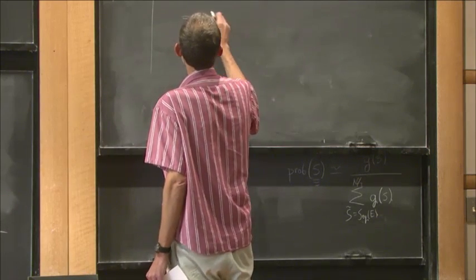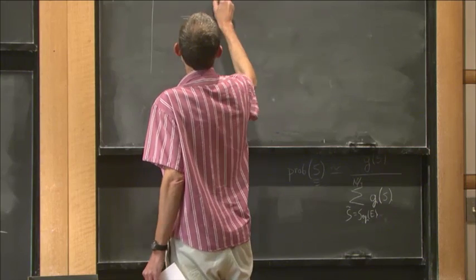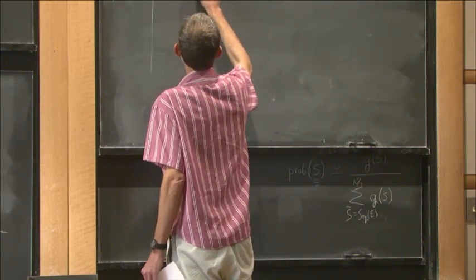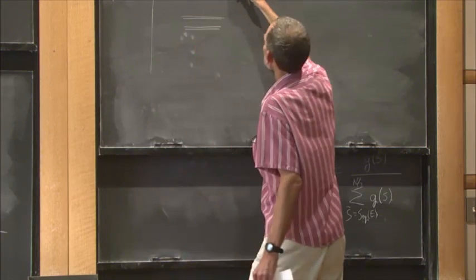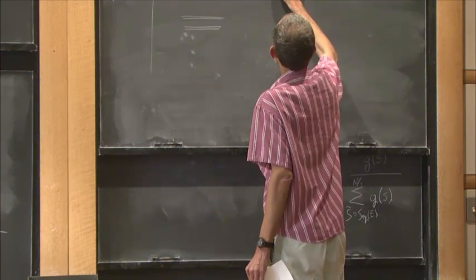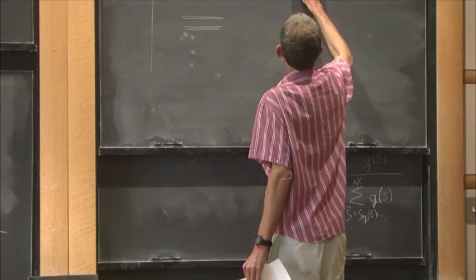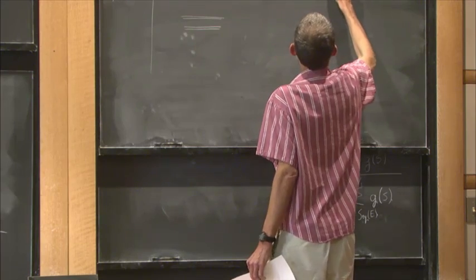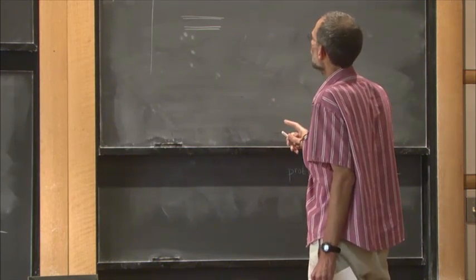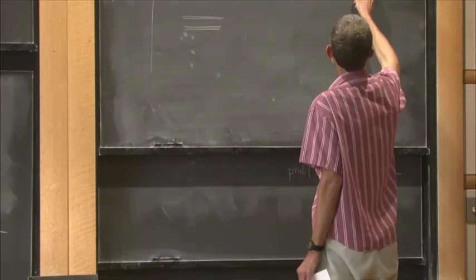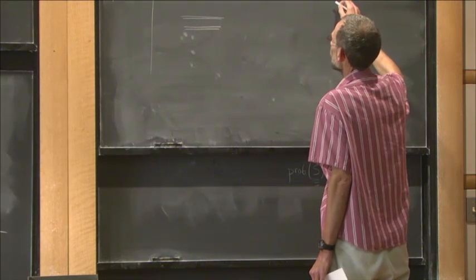It's closely spaced doublets, which have, so inter-doublet is GOE, and the level spacing is just given by,